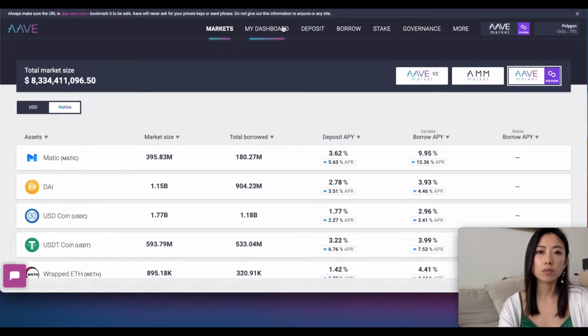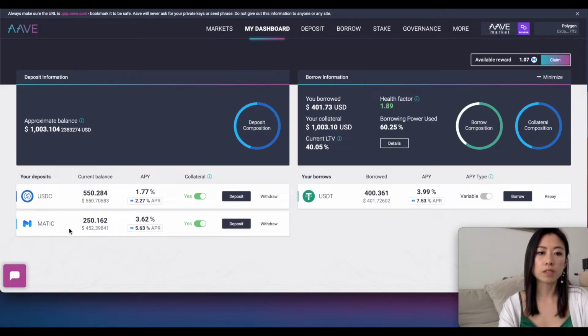Right now you can see that I've deposited some Matic, which I'm earning Matic on. These are the rewards. I'm only doing a little bit at first because there's going to be a lot of networks coming out, and I just want to test a little bit on each network to see which one I like better. But do your own research and definitely don't do more than you're comfortable losing. I've also deposited USDC, against which I borrowed USDT to farm in other farms, and that is also earning me